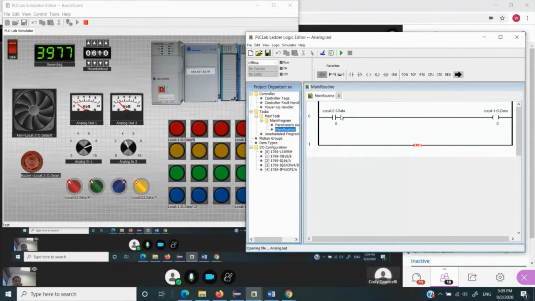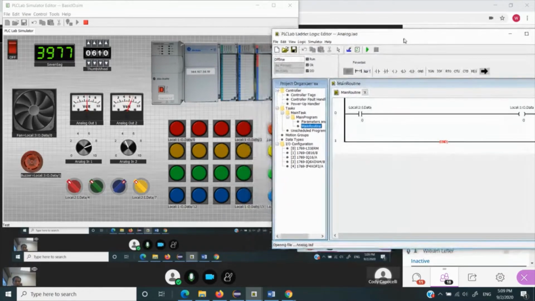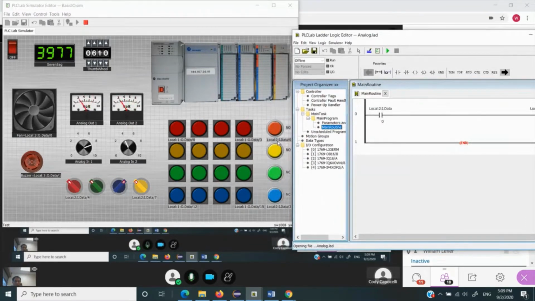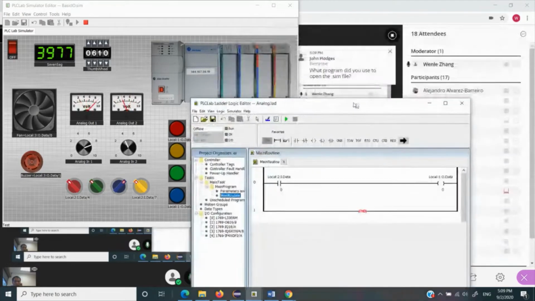This is the push button, the red push button here, addressed local 1 colon 1 dot data slash 0. The yellow push button is slash 1. The green is slash 2, and the last one, blue, is slash 3 in that order. So this is the input, and the output would be